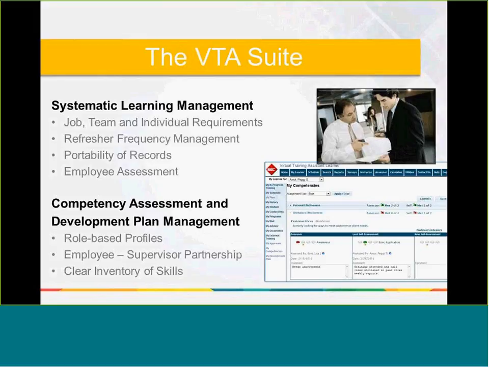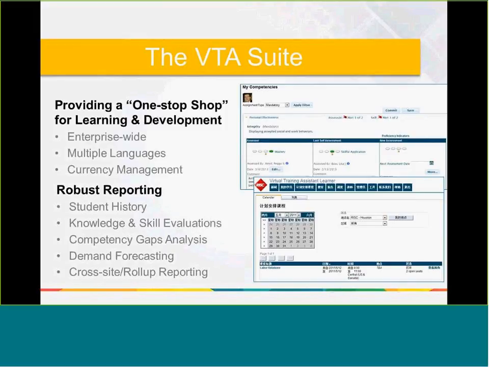That next slide, if you will, gets us to our overall philosophy, and really the last piece of talking about the VTA suite. And by all means, you guys can reach out to me to talk LMS afterwards if you'd like. But again, we really try to become a one-stop shop for training inside an organization, enterprise-wide.